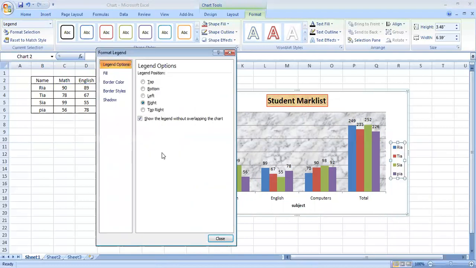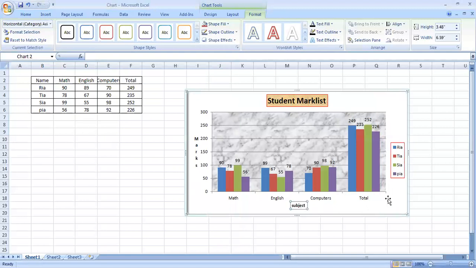As you click on it, it will ask where you want to have that legend position. Right now you have it on the right side, so you can change the position to left, top, bottom, anywhere. I personally like it on the right side, so I have kept it as it is. You can also give some border to it if you want. I have added a border of red color to it. I will just close it so that you can see the border. See, on the legend I have added a border.